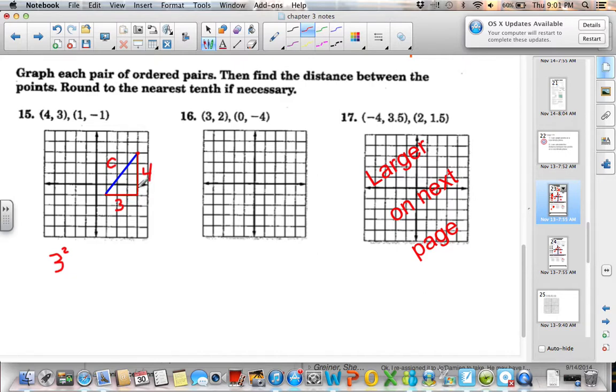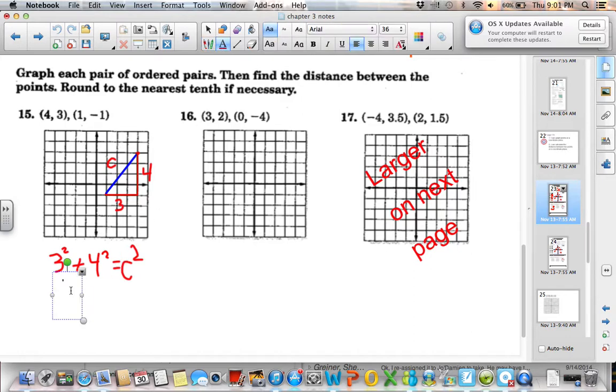Okay? So to solve, then we can use the Pythagorean theorem. We're given both of our legs. 3 and 4 are our legs. So remember, A and B are our legs. So we have 3 squared plus 4 squared equals C squared. And then we know, this will be a little bit quicker, we know that 9 plus 16 equals C